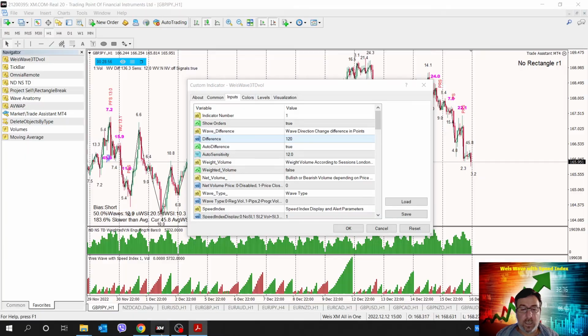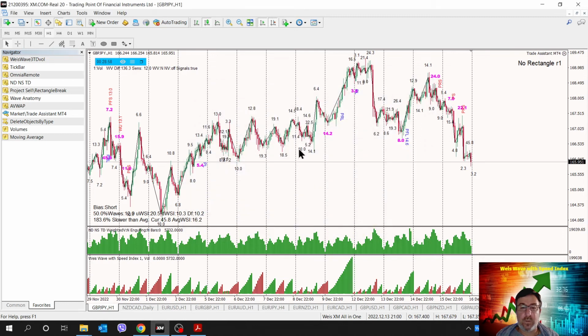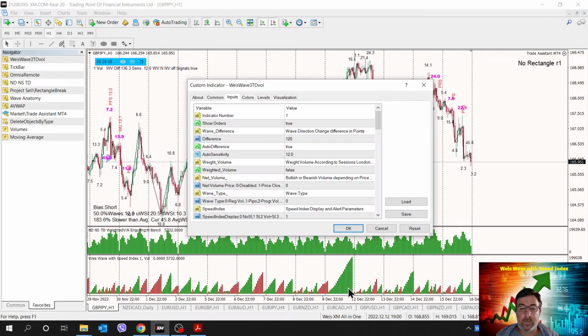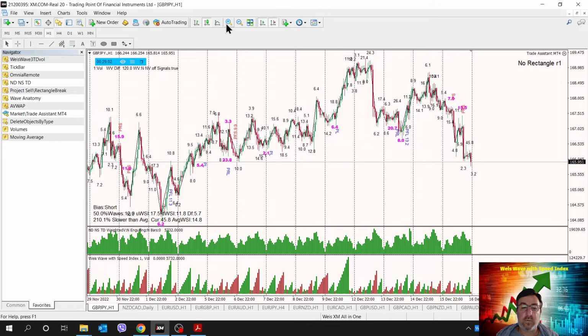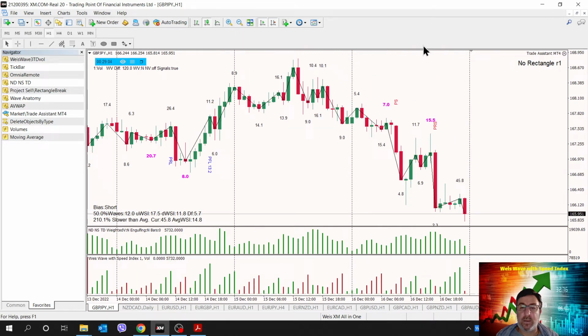So let's see it here. Let me do it. I will set the auto difference to false and go to the manual one, which is this. Right now I will set the wave direction change to 120 points or 12 pips. And you saw that the waves have changed a bit.